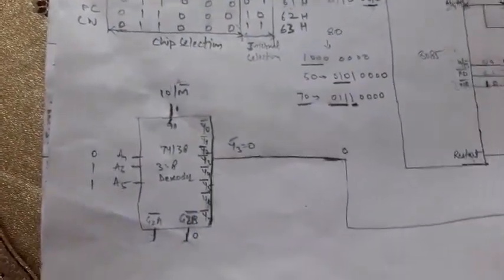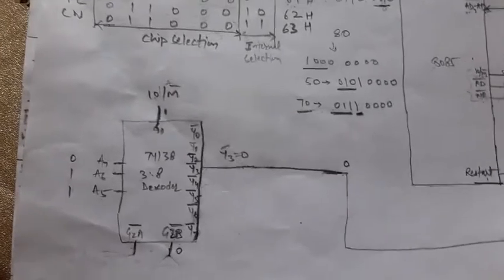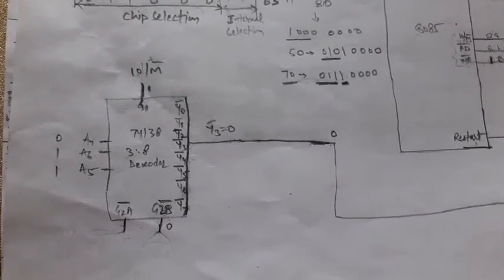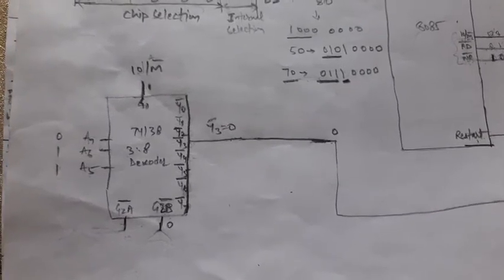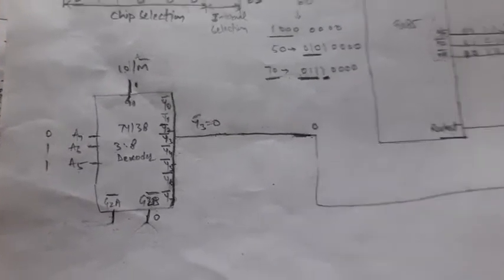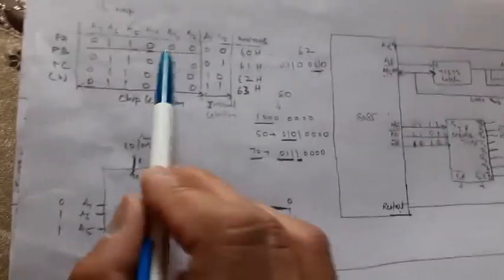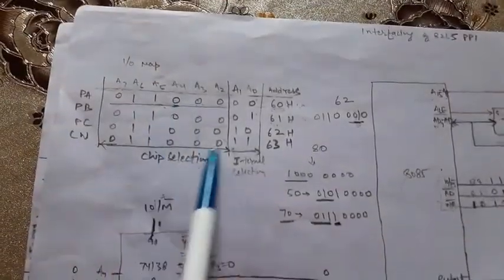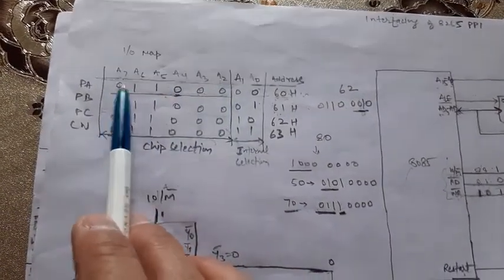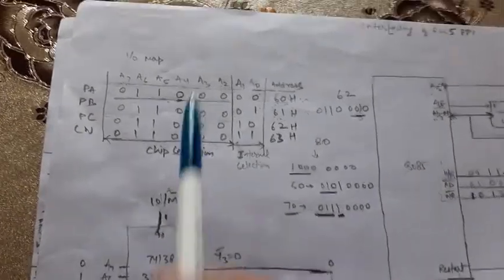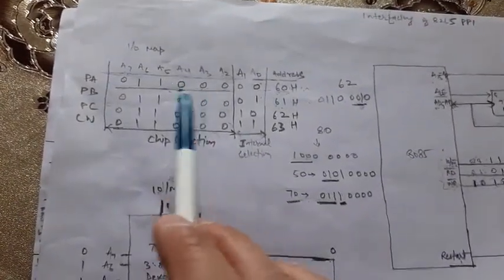Now if I put this decoding, and I leave this part over here, then it is called partial decoding, because we have not done the full decoding. Why is it called partial decoding? Because we have not taken these bits into account. We have done the decoding based on these 3 bits only, that's why it is known as partial decoding. If we want full decoding, then we will use these bits also.